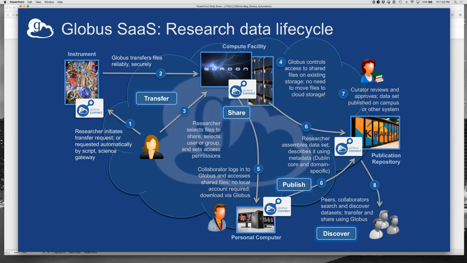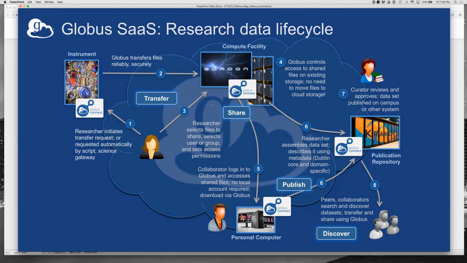And at its core, it has a reliable, high-performance file transfer mechanism based on GridFTP. And then we've added to that the ability to share, which allows you to share data with external collaborators outside of your institution. In other words, people that don't have local accounts on your systems. It allows you to do that sharing directly via Globus without having to move data and create local accounts and so on. And it also provides a more formal data publication capability where you can attach metadata and so on and make